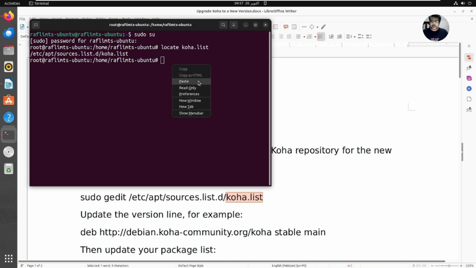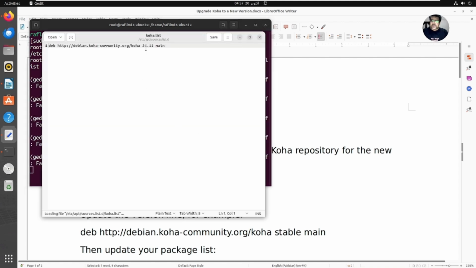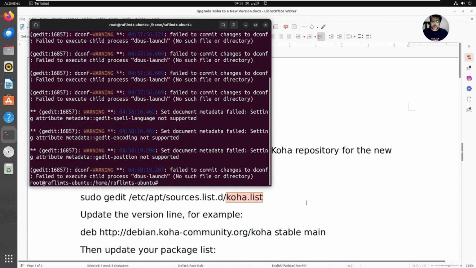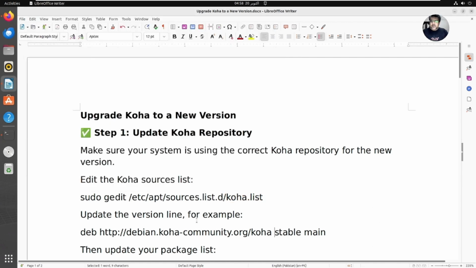So here we need to paste and we need to edit this. I just use gedit, and there you can see it's written with 24.11. So we can change this to stable main, stable main version, and save this one and close this one. Okay, when we did,